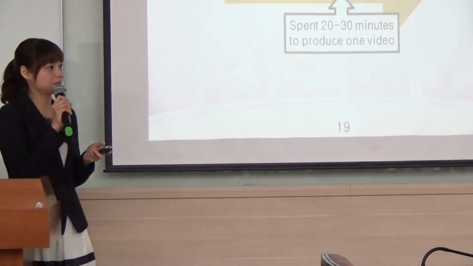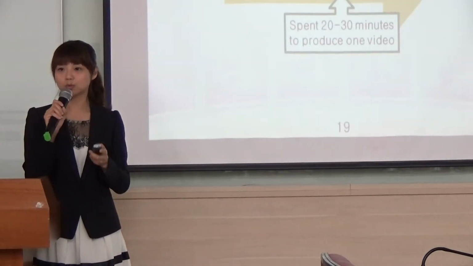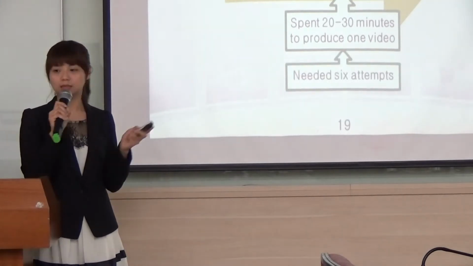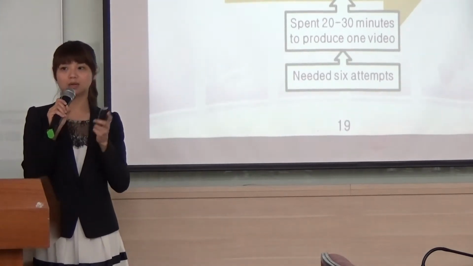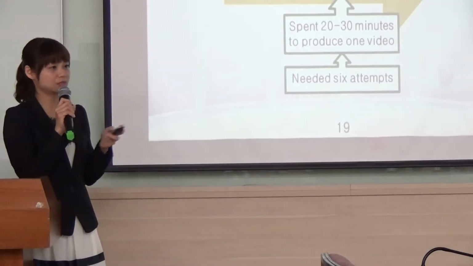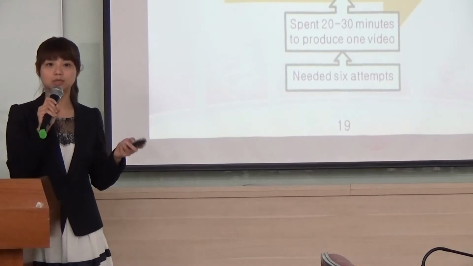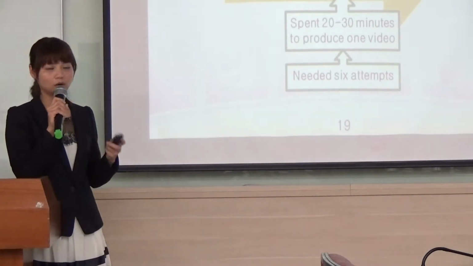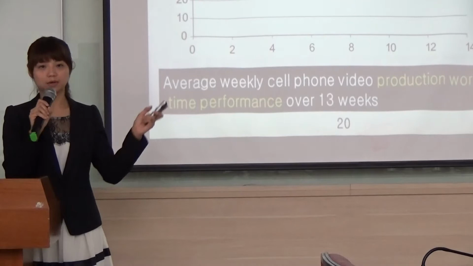And from the video performance, before we talk about the result, let's take a look at how students make their video recordings. First, they have to write a script about what they are going to say in the video, and after that, they have to spend some time practicing. On average, each student needs to spend about 20 to 30 minutes to produce one video, and for almost everyone, they need about 6 attempts before sending it to the teacher. After that, students can review their videos. If they are very satisfied with their performance, they can send the video to the teacher. If they are not, they can practice over and over again. And then we can get a result from the video performance.